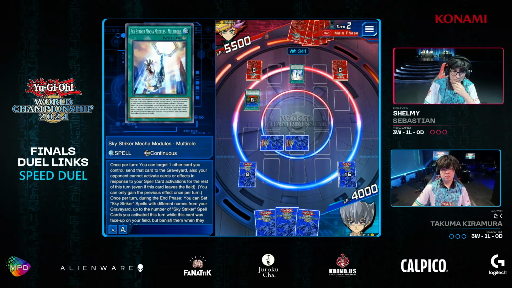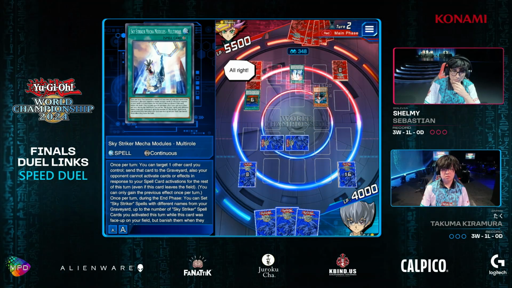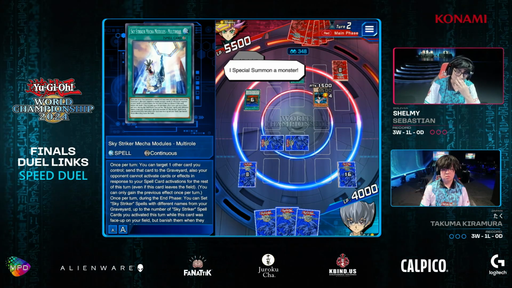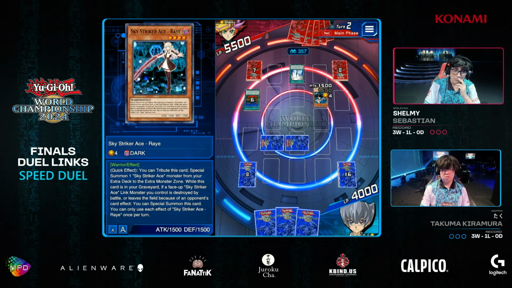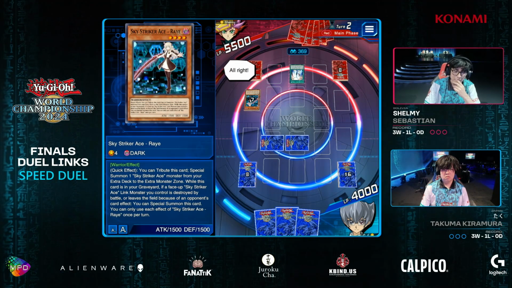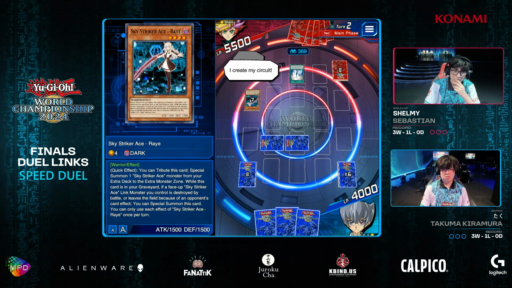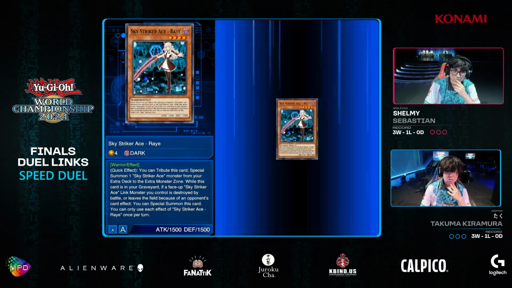Well, as you're looking that up, looks like we're seeing the Sky Striker mech modules multi-roll. Go ahead and get rid of the Area 0 there, and the Area 0 will bring out Sky Striker Ace Ray, everybody's favorite. Aw, Ray. We love Ray. Yeah, I'm not sure that Shelmy is actually using that equip spell that would allow his Hayate to attack directly. But even without that way to sort of cheat the victory and attack through the face-down monsters,